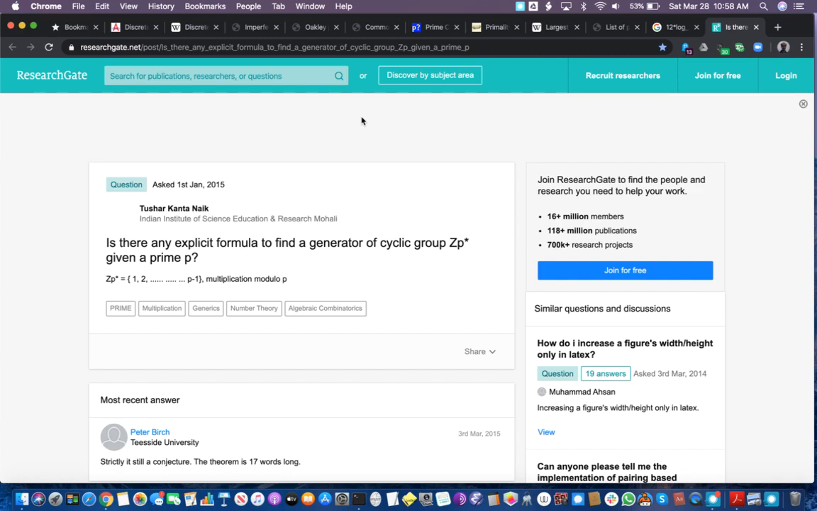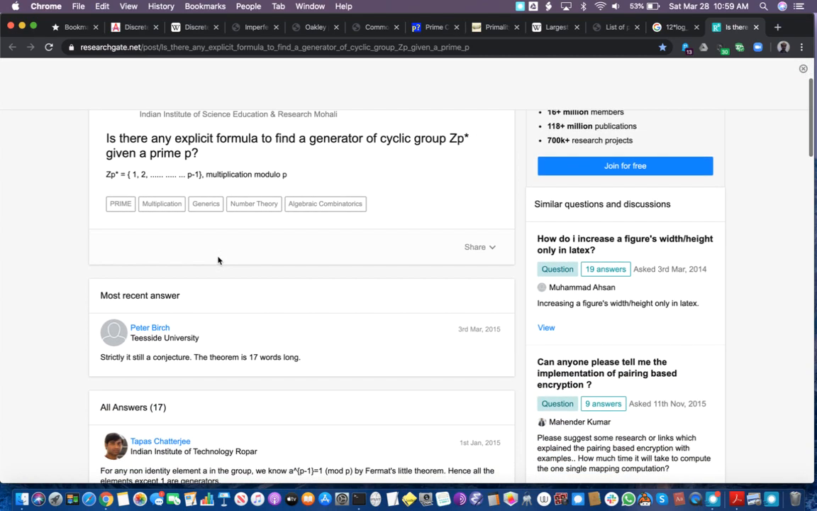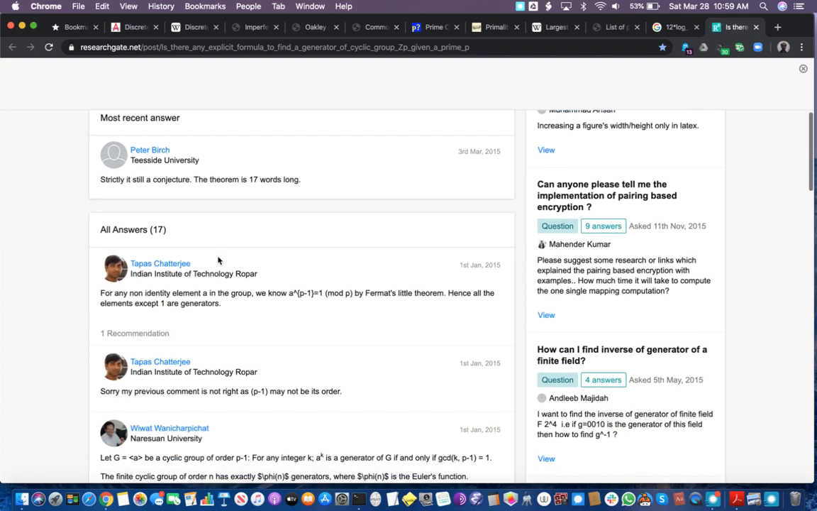This one speaks a little bit to this problem about finding not primes in this case, but generators once you have a prime. And what it says is that someone here is posing the question, is there an explicit formula that will find a generator of a cyclic group given a prime P? That's exactly the problem we would want to solve once we have a prime. And you can see various answers here. It says strictly it's still a conjecture. Then this person says,